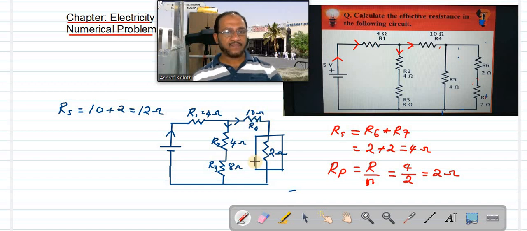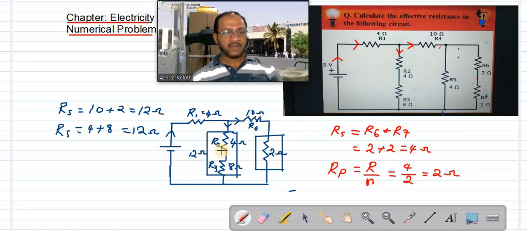And here we can see the same current is flowing through this 4 ohm and 8 ohm. So this is also series, 4 ohm, 8 ohm, the same current is flowing, so that means 4 plus 8. In that branch also it is a series combination, so the total resistance 4 plus 8 is equal to 12 ohm. These two together are 12 ohm. We can replace these two together by a 12 ohm. And these two together are also 12 ohm, because 10 plus 2 is 12 ohm.